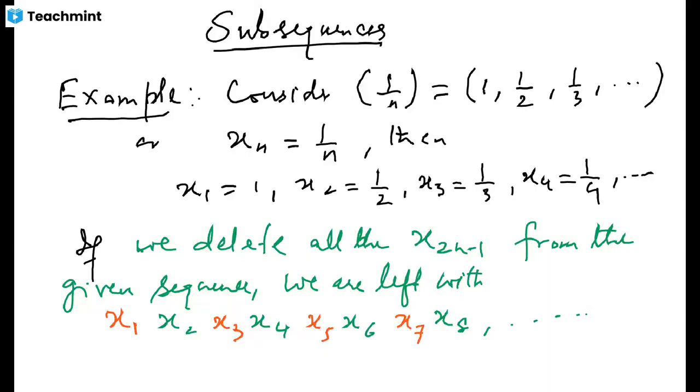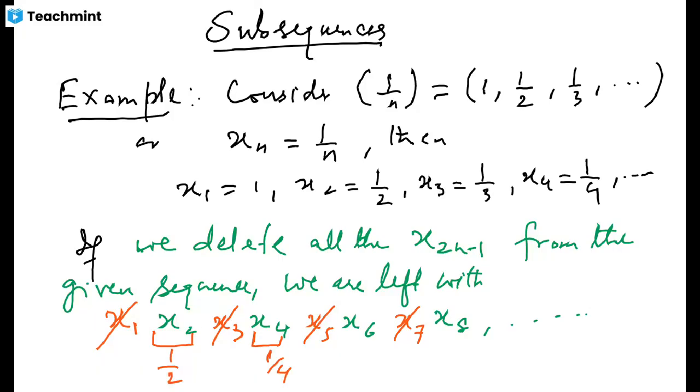So these are the deleted terms. The deletion is in such a way that the order doesn't change. The order of the terms means that the position of x4 will remain where it was with respect to x2. x2 है आपके पास 1/2, x4 आपके पास 1/4 है। ये जहां पर था x2 और 1/2 के रिलेशन में, ये पहले भी वहीं पे था। ठीक है जी।